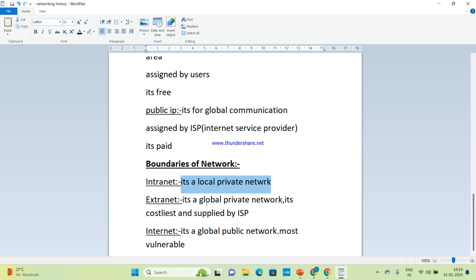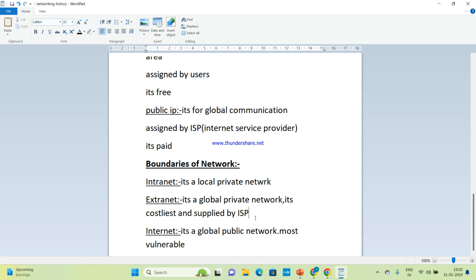Extranet, a global private network, is used through a leased line. A leased line is a physical device. If we establish a leased line here in India and we want to communicate with Canada, we need two leased lines, one in India and also one in Canada. The communication channel for extranet is a leased line.